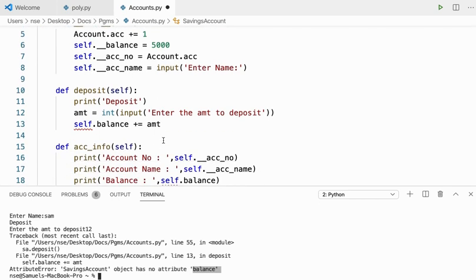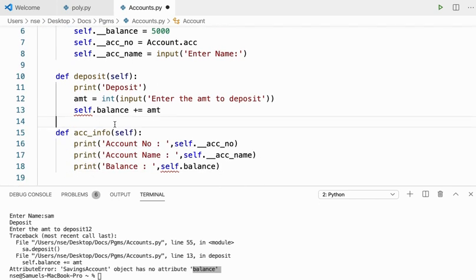So to tackle this problem, I have something called as getter and setter method, right? Guys, if at all you don't know what is getter and setter method, I have a different video which is done on getter and setter method. You please go and watch it. I've given the link in the description. Then you come back so that you can understand it.